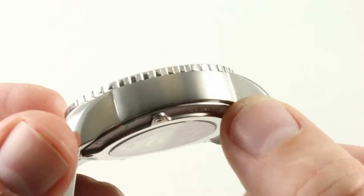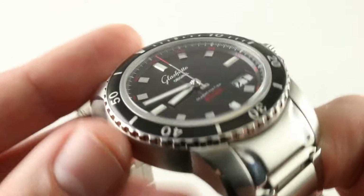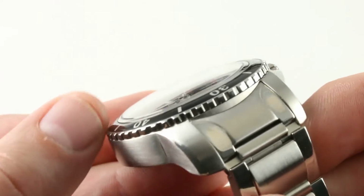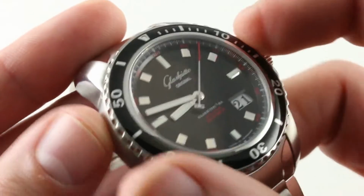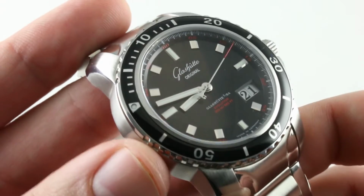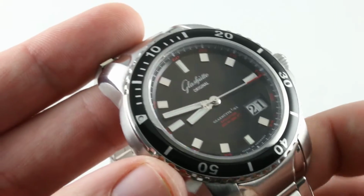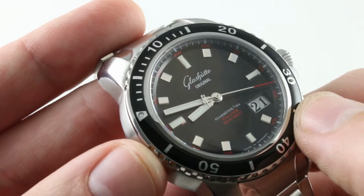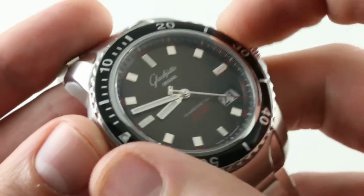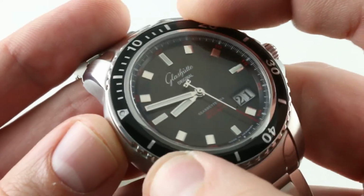Uncommon, but handsome. You'll also note that there's satin finish about the flanks of the case, and a little bit of a polish about the knurling of the bezel. The bezel is handsome. It has a rounded or domed profile that nicely matches the swell of the sapphire. It has a positive action and an audible detent with a luminescent pearl that you can line up with the minute hand. Now you've got an impromptu count up 60-minute, infinitely configurable, linear, or I should say circular,